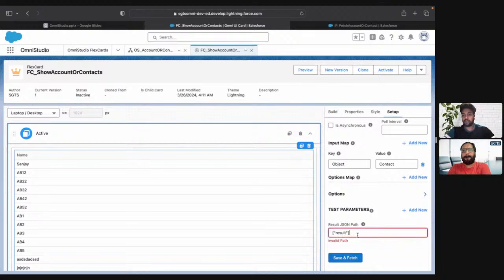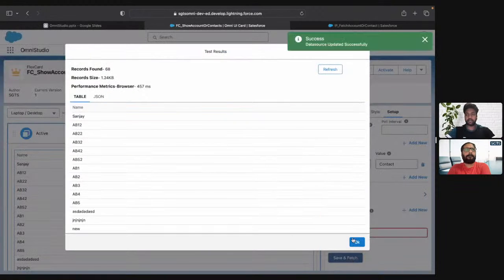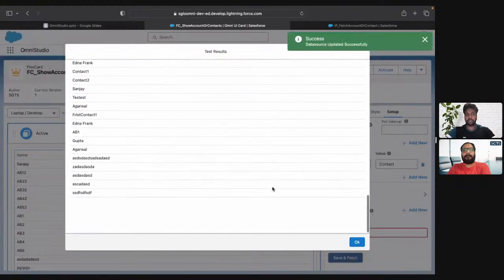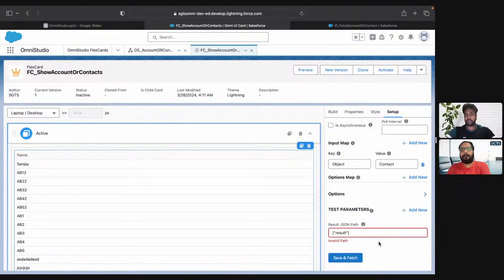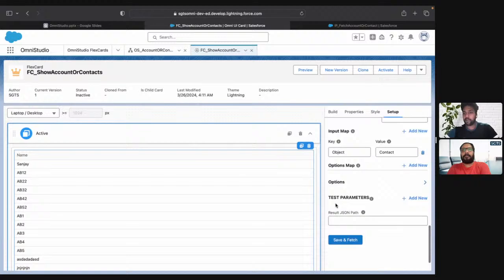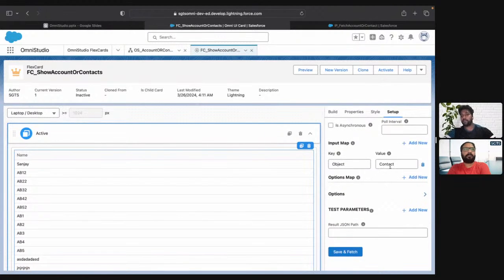Oh, I think we don't need this because it was previously coming. Results. Okay. So now the other thing is that we want to pass this value as a dynamic value,